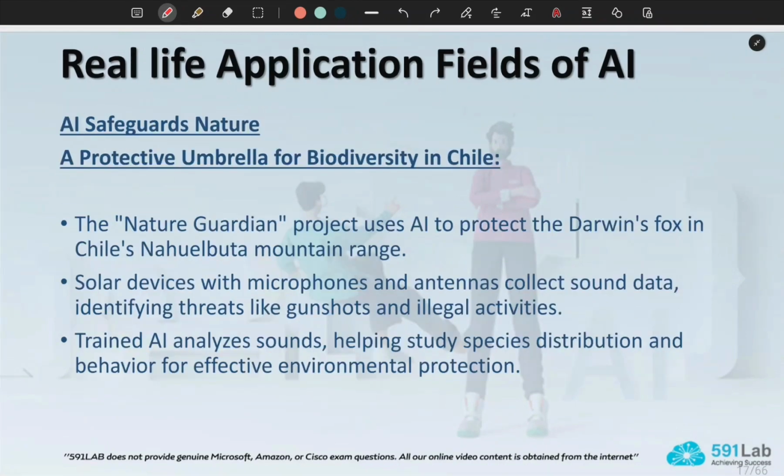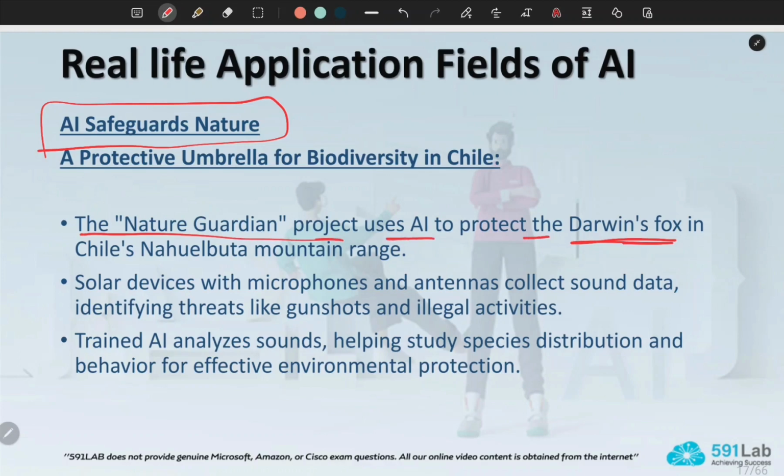Another real life application is the Nature Guardian project. This is a project done by Huawei in Chile to protect the Darwin's fox. It's an endangered species. So the Nature Guardian project uses AI to protect the Darwin's fox in Chile's Nahuelbuta mountain range.